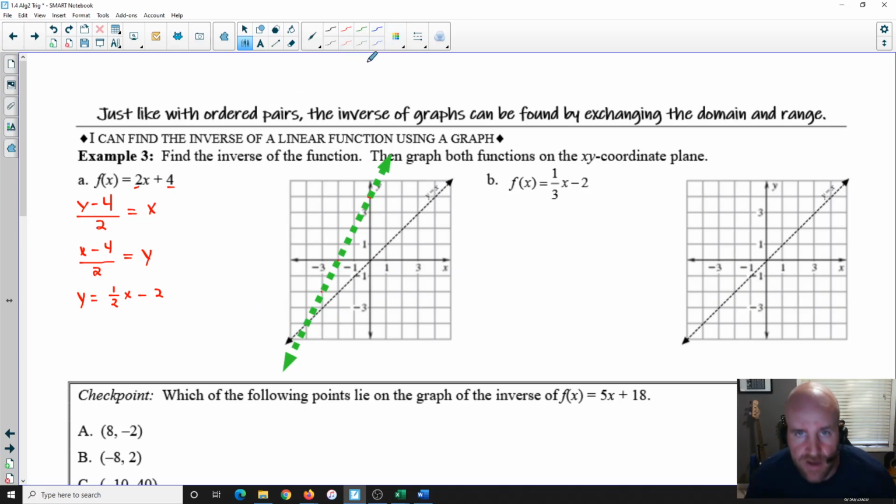So now we can go ahead and graph this on the graph. So we have a -2 as our y-intercept, so we can plot a -2 here. And then slope is 1/2, so it means we're going up 1 and then over 2. Up 1 over 2, up 1 over 2. And then go this way, we have to go down 1 over 2. Down 1 over 2, down 1 over 2, so somewhere over here. So now if I graph that,